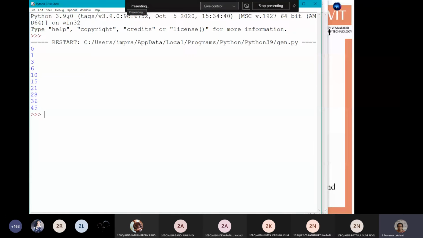Run the program. Cumulative sums is 0 1, next 3, that is 2 plus 1 is 3, 3 plus 3 is 6, 6 plus 4 is 10, 10 plus 5 is 15, 15 plus 6 is 21, 21 plus 7 is 28, plus 8 is 36, plus 9 is 45.